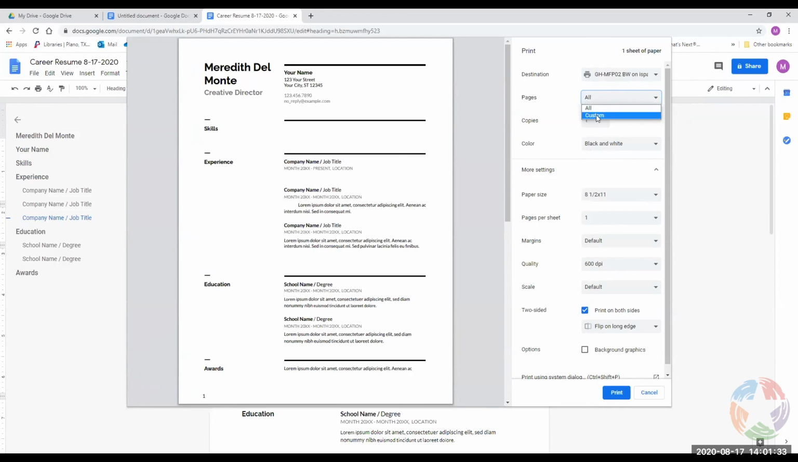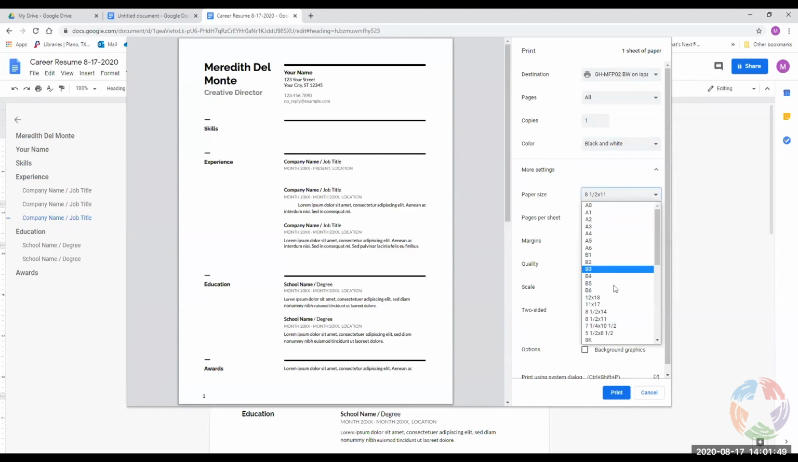You can pick if you want to print all of the pages, or if you want to just print the first 2, last 2, every other. You can select a number of copies. So especially with a resume, you'll probably want to do like 10 or so that you can give out. Color options, and then of course, depending on the printer, your paper size will be limited to what's in the